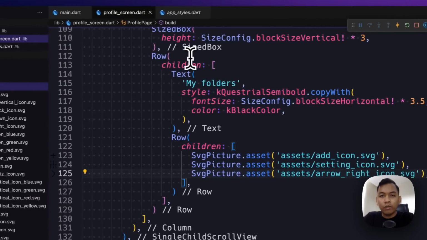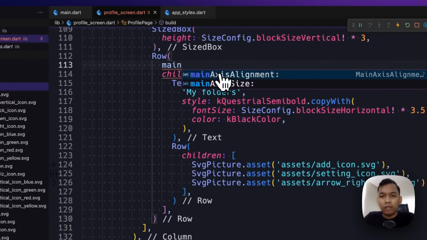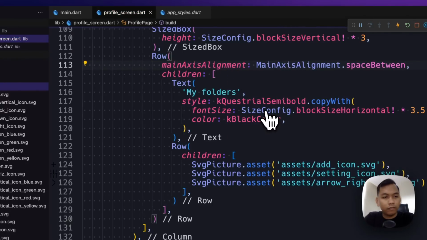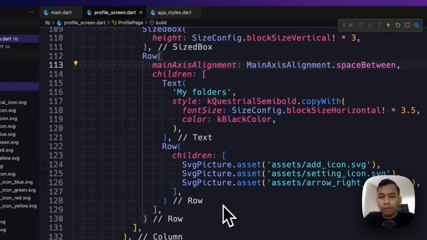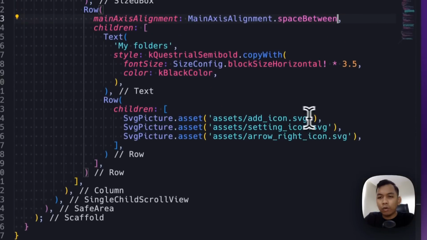And we need to go into the parent row widget and set main axis alignment into space between. And I think between this, we need to add a size box.